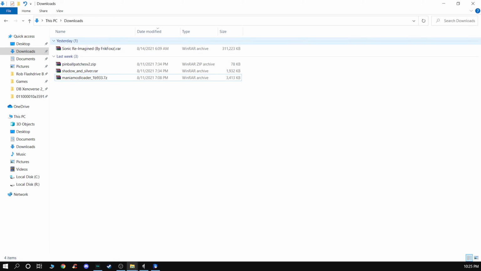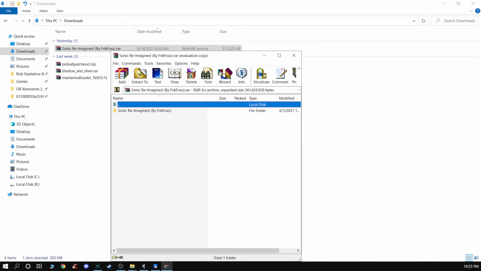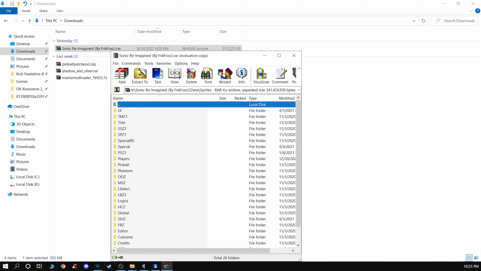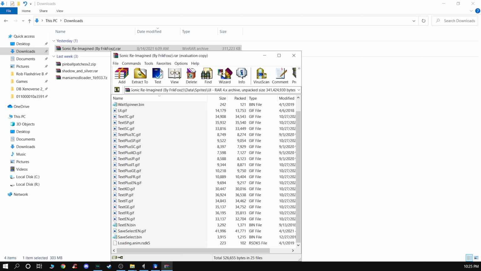So how you're going to go about doing the edit is, and this is the ROM hack that I got the images from, Sonic Reimagined. This is what you're basically going to do. You're going to go into that, and when you do, go into the main folder, you go into Data, then you go to Sprites. This is where you're going to get those images from for the save select. You're going to go into UI. You're going to select both SaveSelect.bin and